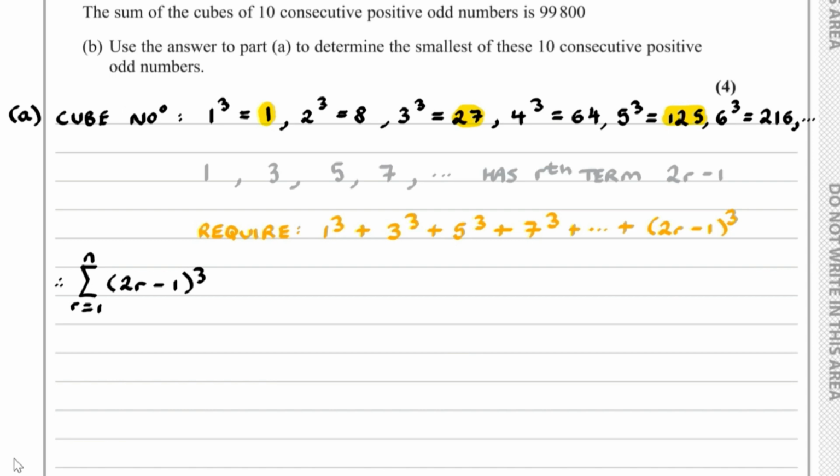So we want the sum of all these, as we see here. So how could we evaluate all of this? Well, 2r minus 1 all cubed, we first of all need to work that out. If we work that out, we have the sum from r equals 1 to r equals n, and then